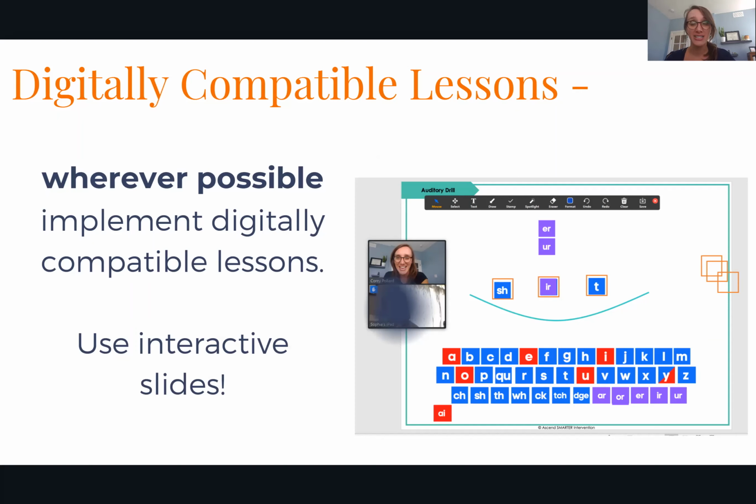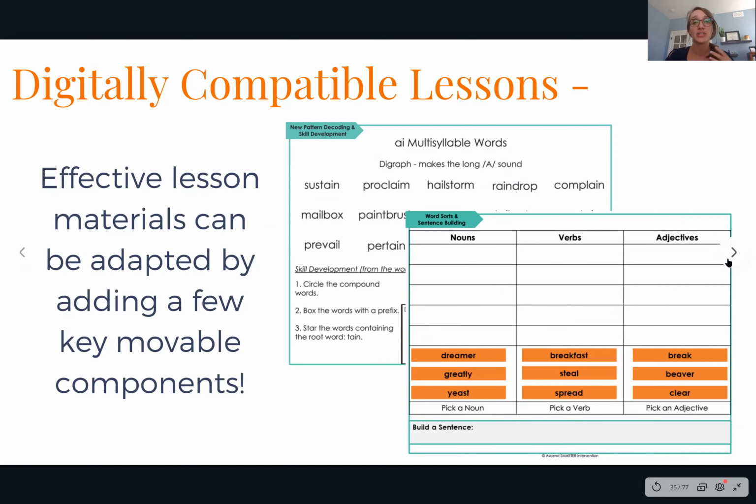You can use text boxes. You can just start to play around and recognize that even if this is new to you, this is a new skill that you're gaining that you're going to be able to use in the future with your students, which is awesome. It's so amazing. So just know that while this can be frustrating in the moment, it's going to open up so many new possibilities for you. The great thing about digitally compatible lessons is that you can design effective materials